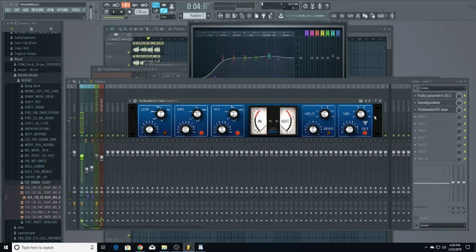Yeah, and it really comes in handy when you're mixing. This whole mojo and drive option just gives it some of that analog kind of warmth. You can adjust that. The only thing that kind of sucks on the mojo is that, say you're not necessarily working on vocals but you're mixing drums,